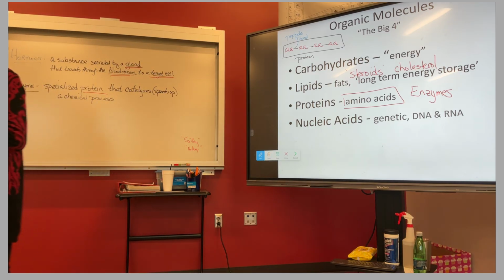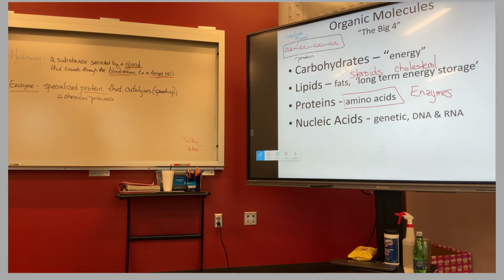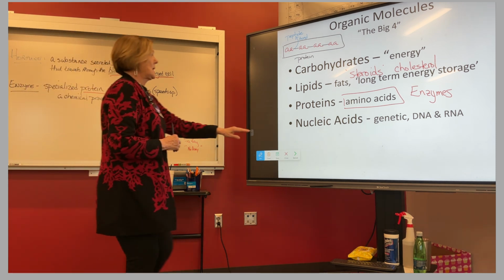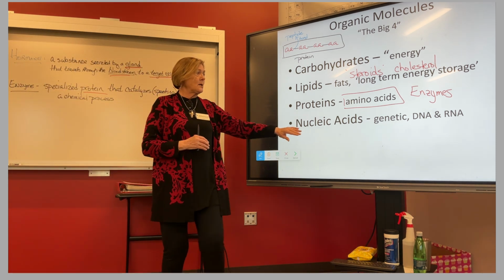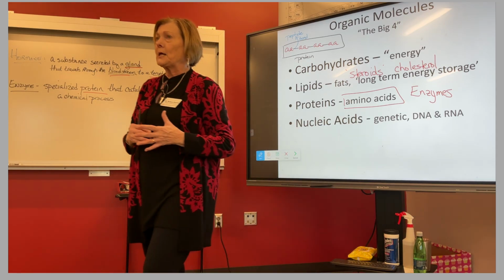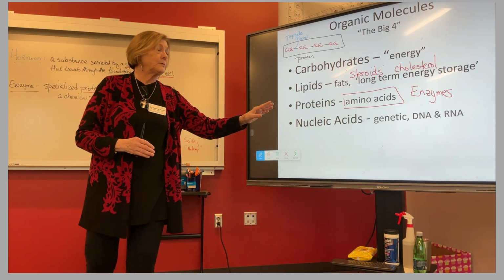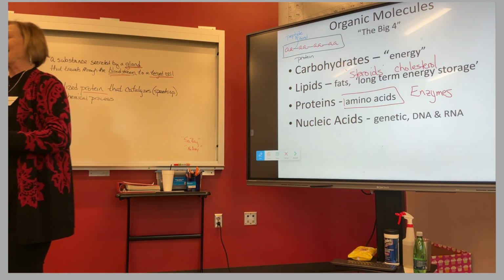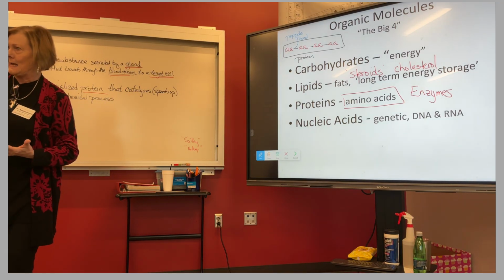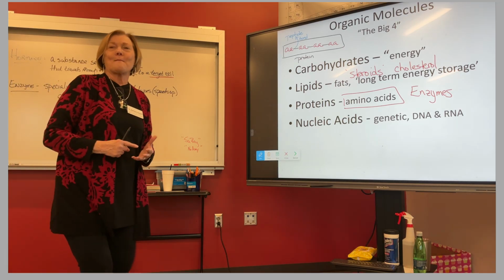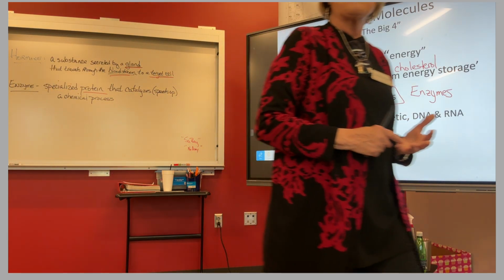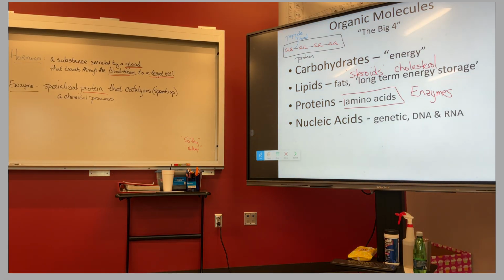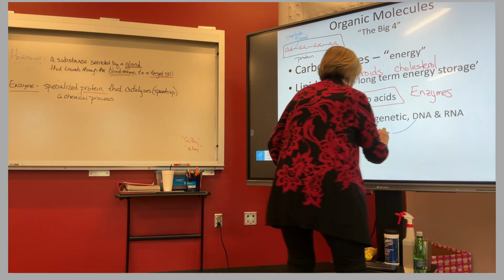Category of enzymes, they're proteins. And then last but not least, you have nucleic acids. That is our genetic material, and specifically examples would be DNA and RNA. Can anyone make my day and tell me the grown-up name instead of the initials for DNA and RNA? Nucleic acid. Perfect, okay. There's a nucleic acid.